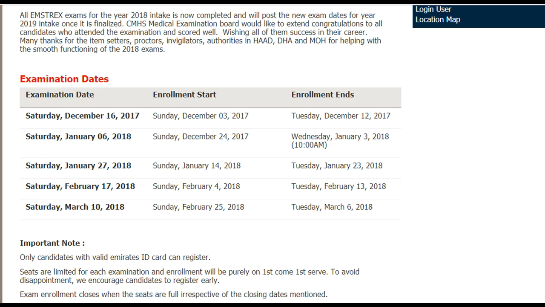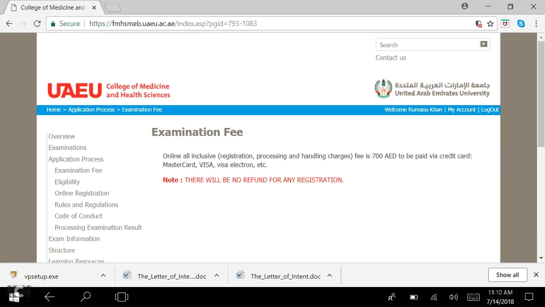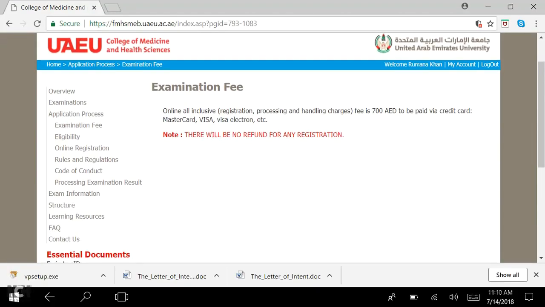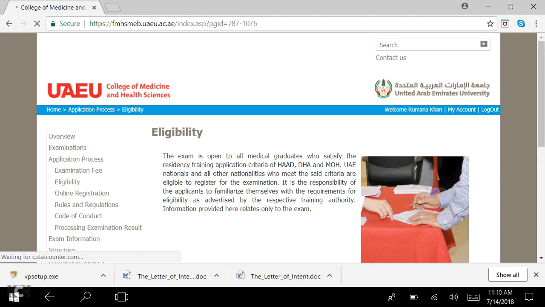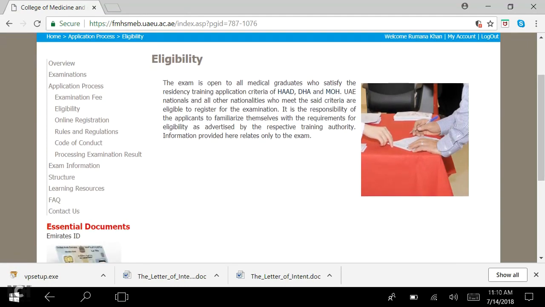I think it's better to give it twice at least, so that you get an idea the first time around. So the fees is, like I mentioned, 700 dirhams, and you can pay them via your cards. Then the eligibility criteria, I'm just going to click on that. Well, they haven't given much here, so like I said, you just need to be residents of the country at